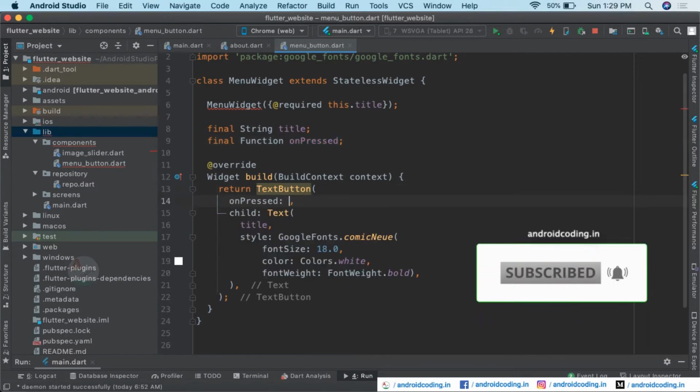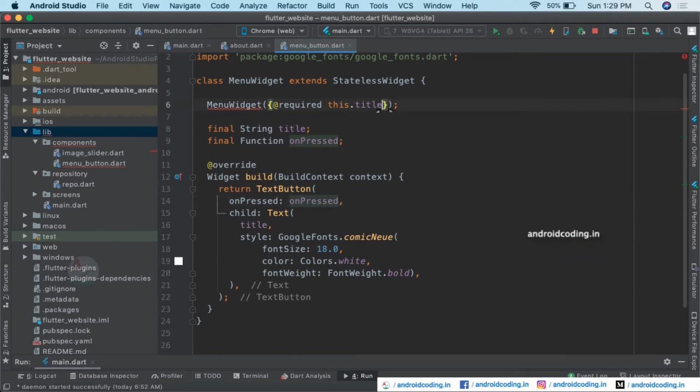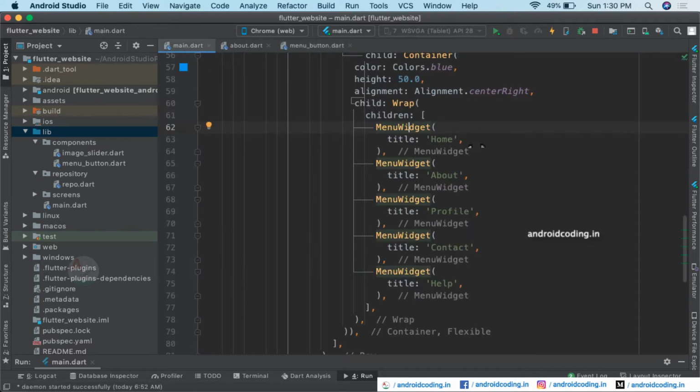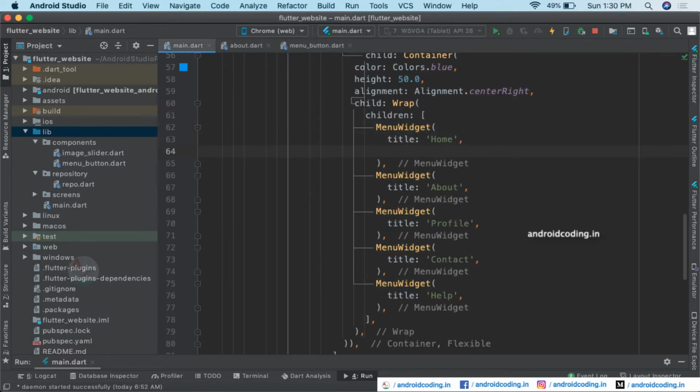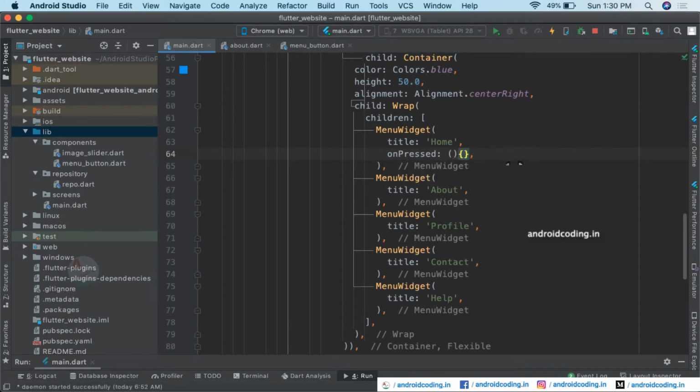So inside the on press functionality we can just provide this for now, and also provide the same in our constructor. So yes, we are now enabled for on press functionality, and here you can get the same. So we now got the on press functionality, and just we are leaving blank for now.